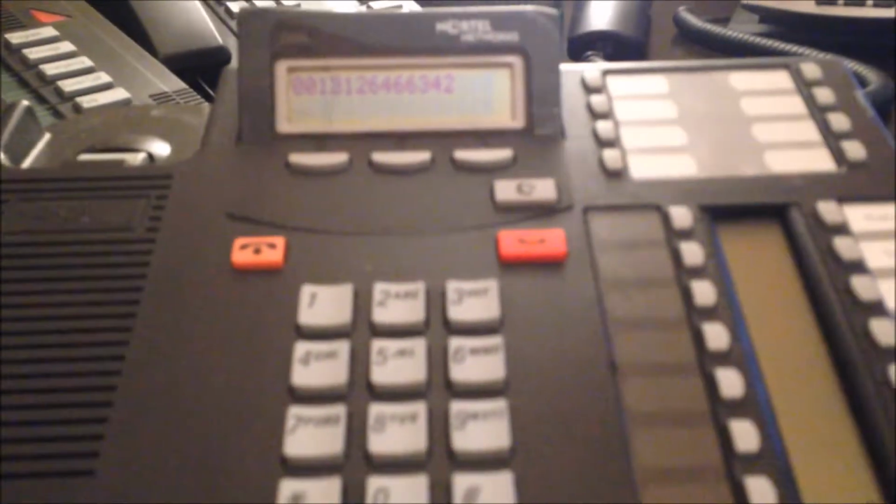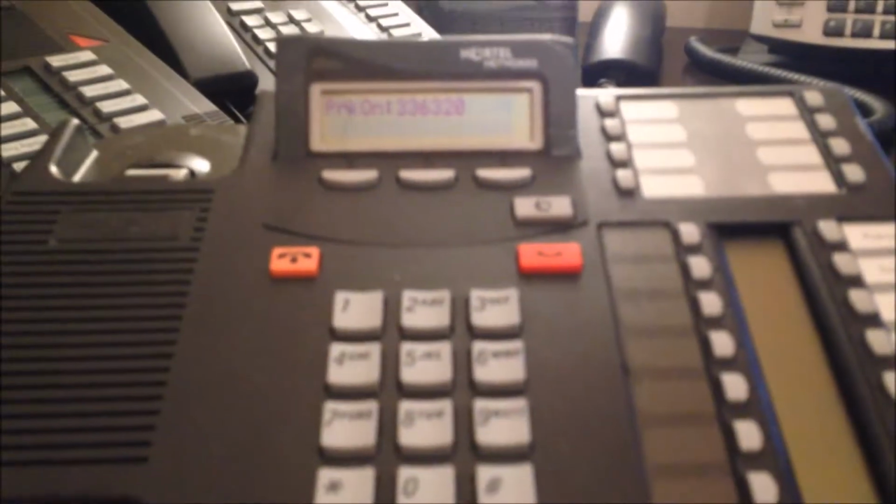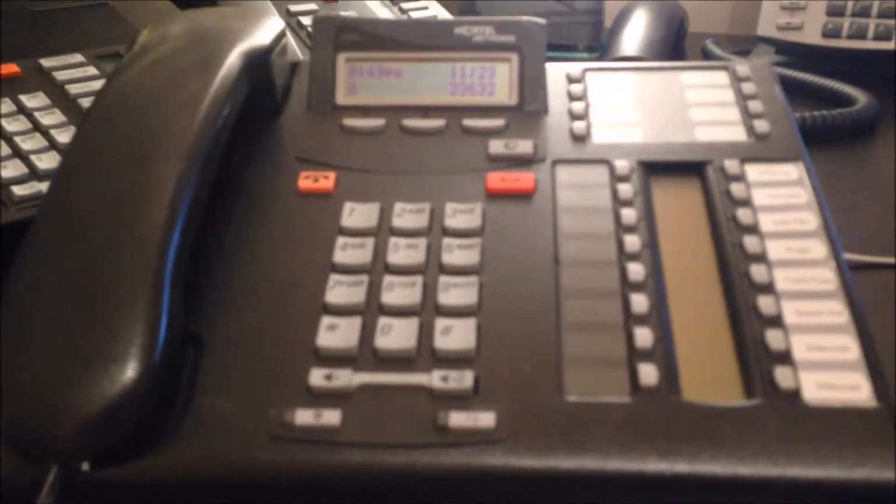Like, for example, when I get a call to this phone right here, and then I press park, feature 7.4, I get more of a long code that is pretty unfamiliar to the Nortel users in the world. So I don't even remember what that code was. It's laborious to remember, but once you're used to it, and if you're used to using the IP Office,